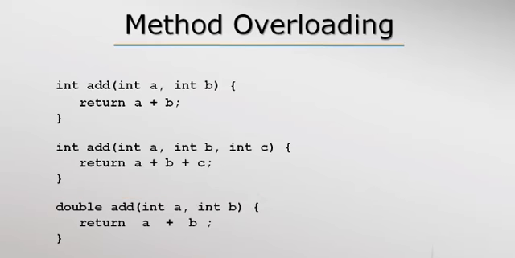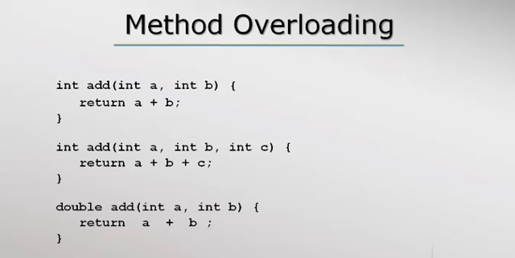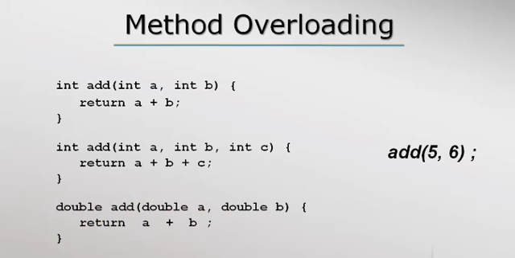But what if we had these methods? The first one and the third one only differ in their return type, right? So both of these methods have the same method signature. And it is not possible to have these two methods in the same class, because if we were to write this statement, which of these two methods will Java call? Well, it is sort of a conflict and we cannot tell which of these two methods can be called. So to avoid this conflict, Java does not allow methods with the same signature to be written in the same class. Alright? Let's get back to our example.